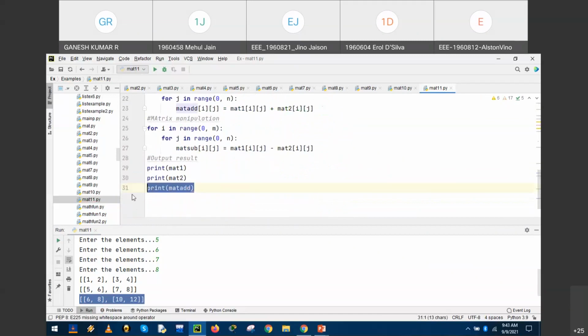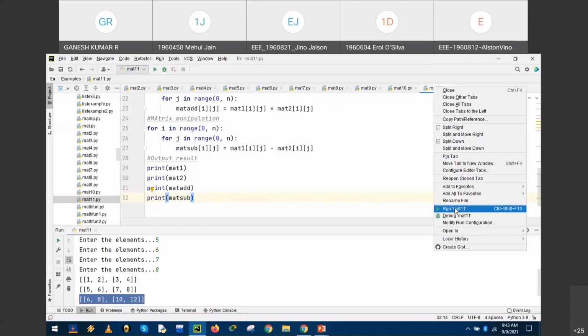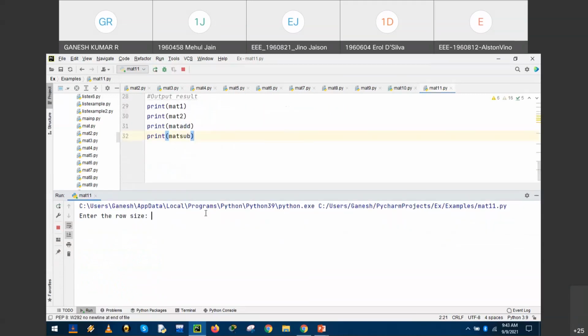And print the result of matrix sub. Right? Right. Now run the program. Let us make it 2. Column size is 2. Matrix elements 0, 0, 0, 0.